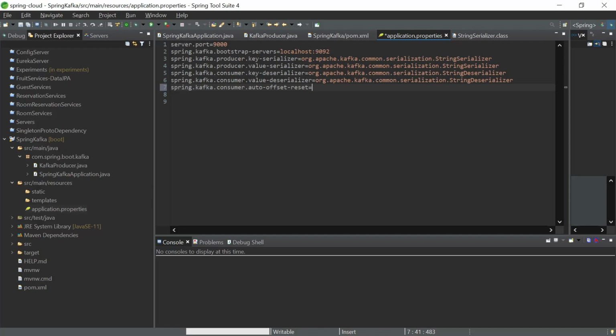So we spoke about consumer groups, and we said that multiple consumers can work together and read the data from one topic, right? Now, in order to keep track of what was the last message that was read from any of the consumers in that consumer group, Kafka uses something called a consumer offset.